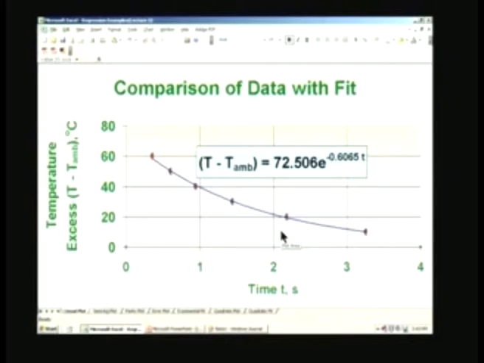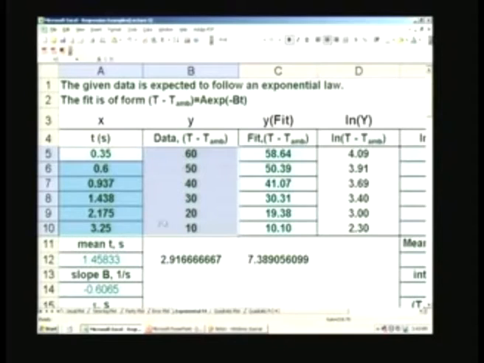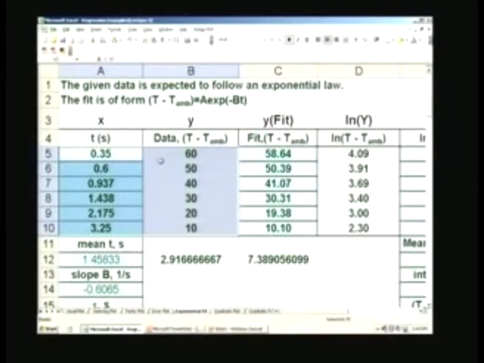Therefore, I want to find out whether there is a different way of plotting which will probably give straight line behavior. If I take a look at this data, which I took from the first worksheet, it is not giving a straight line relationship between x and y. In order to find out whether we can linearize this, if you remember in the previous lecture, we said that we can either have a log-log graph or a semi-log plot to find out whether the relationship can be linear in any one of them. So I will go and make a semi-log plot.